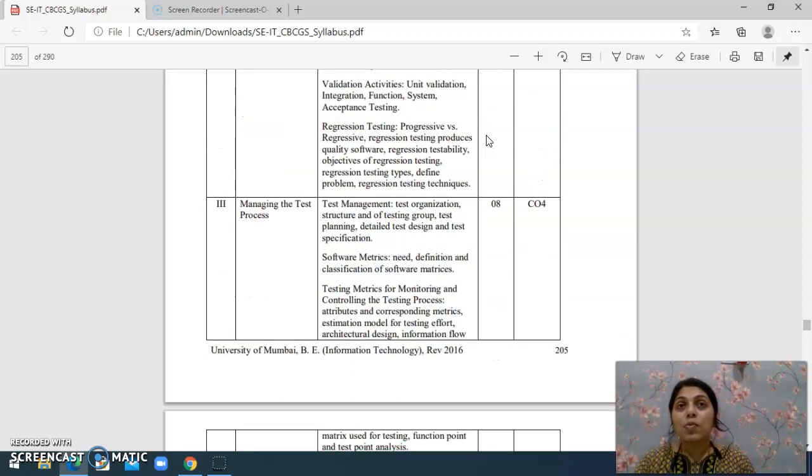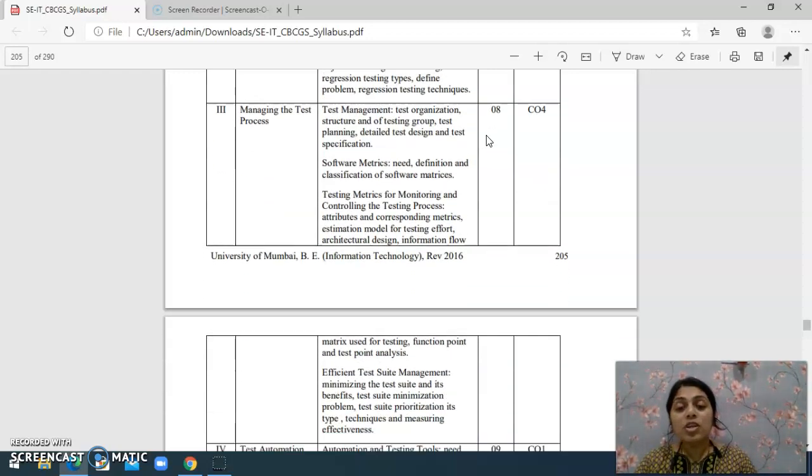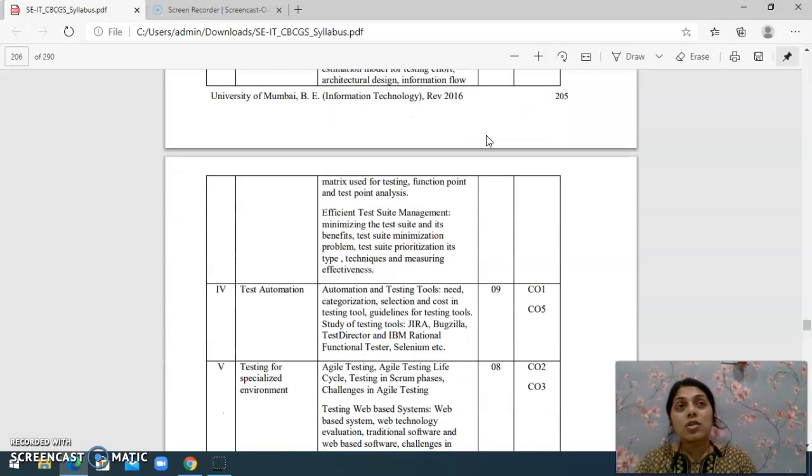Module 3 talks about how can we manage the test process, that is how to design a test case so that whether this test case will pass the testing or it is going to fail. How can we have a good test suite of these test cases? What could be the good number of the test cases to form a test suite, and various other things. This was about the manual testing.